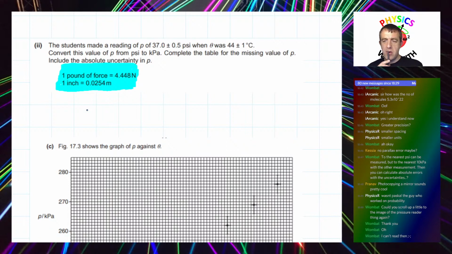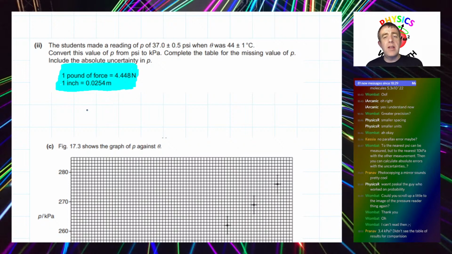So let's see what you come up with. If you're a GCSE student playing along at home, don't be put off by the fact it's A-level. Grab your pen, try and do the conversion, even if you don't get time to type your answer into the Discord chat. That's okay, because you can still see what other people are typing and see whether your answer is comparable.